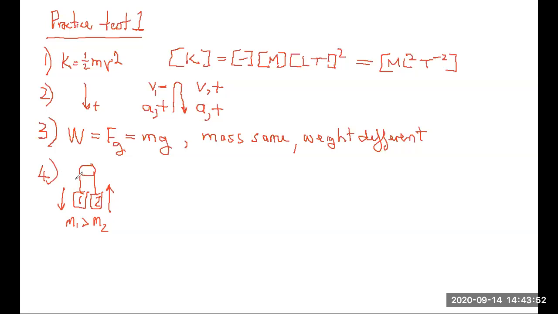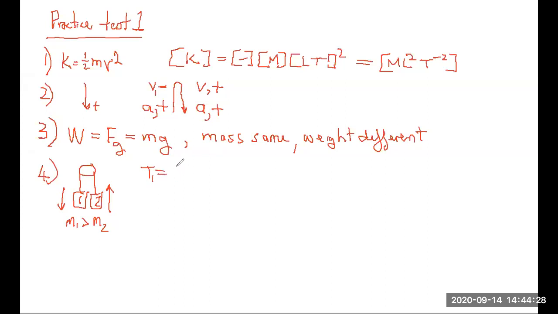So there's a tension over here on the left in the string here. And there's a tension over here on the right in the string here. But the key thing about this arrangement is this is one string that is connecting the 2 masses. And that one string just transmits the tension force from one mass to the other mass. So when you have 2 masses on a pulley like this,